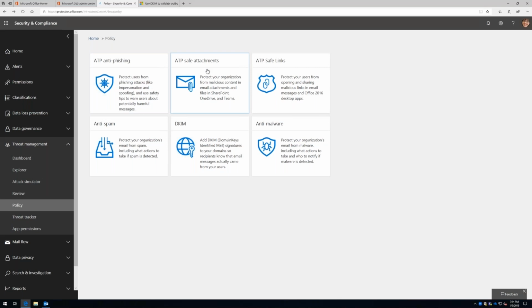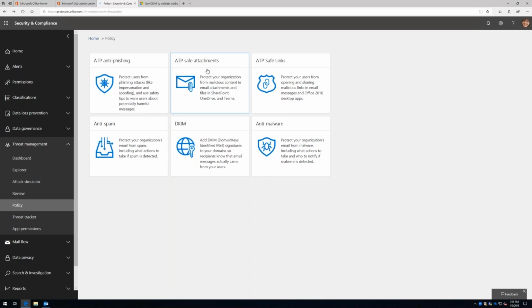Safe attachments allows me to scan, if you will, every attachment that comes into an email, into my environment. When I scan that attachment, I'm actually executing it in a sandbox, and I'll explain more in a minute. When I execute that attachment, it's running it just as a normal end user would, but in a safe, secured environment. And it's checking to see if that's a malicious attachment. Does it have malicious code? Does it have macros and that kind of thing?